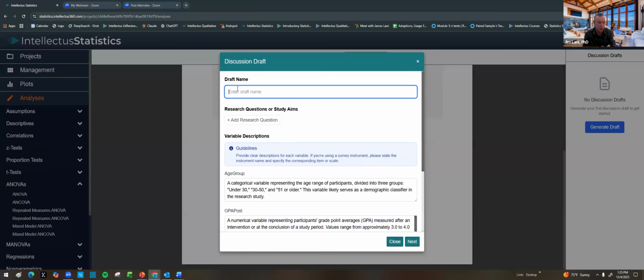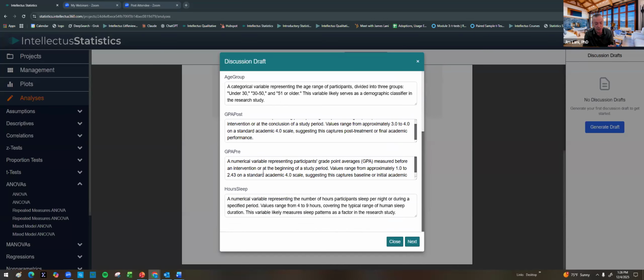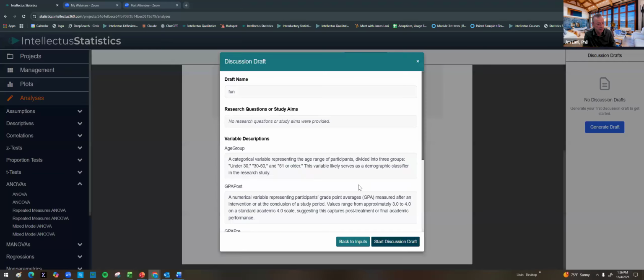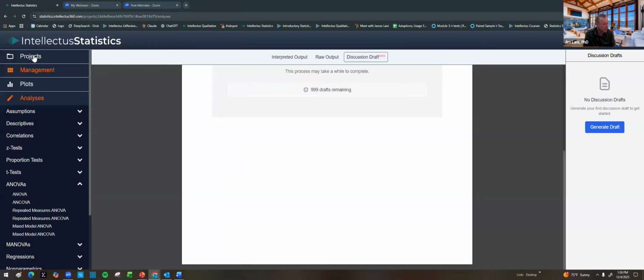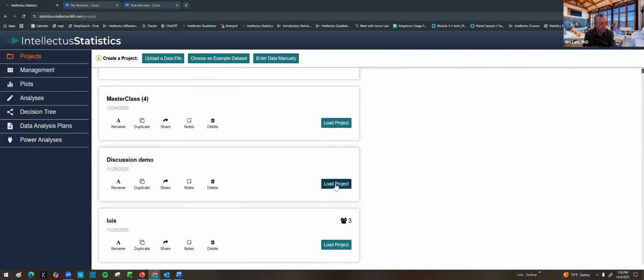And in this portion, you'll want to put in a draft name, add your research questions, and identify GPA pre and post. Or you may have some acronym of a particular scale. Okay. Go to next. It's going to want a name here. Okay. And then you'll want to endorse that. I verified everything. Okay. What is the result of that? So the result of that is